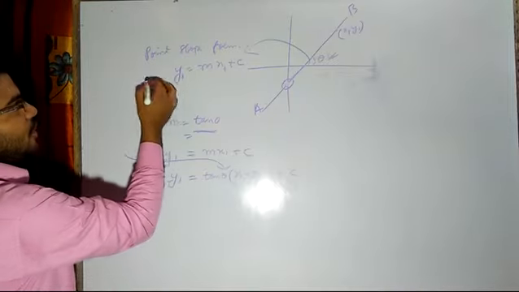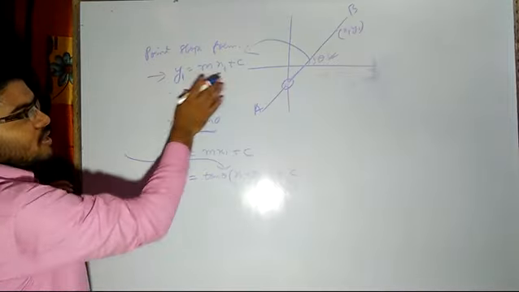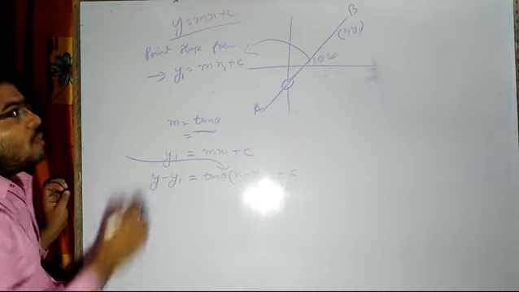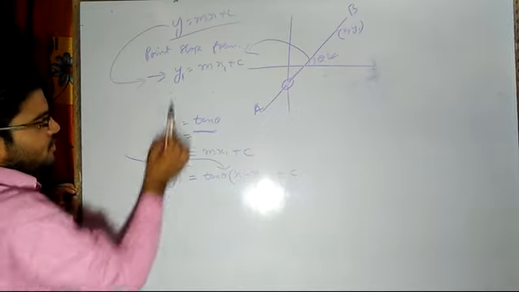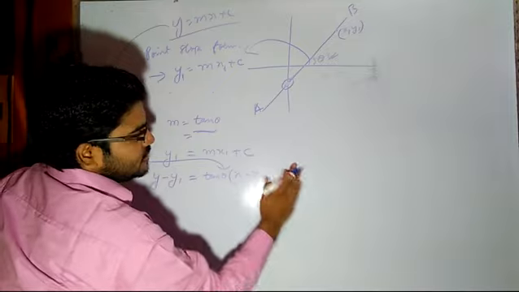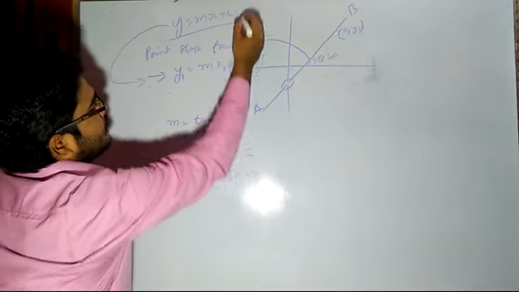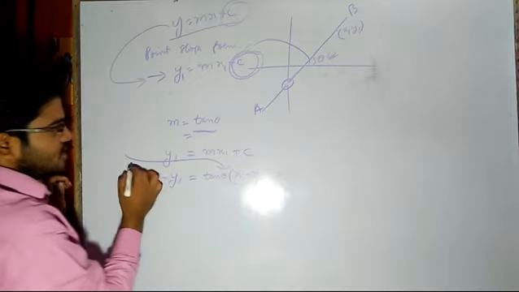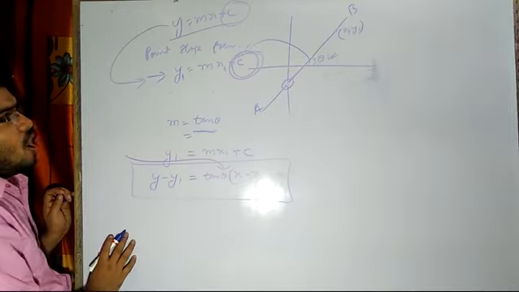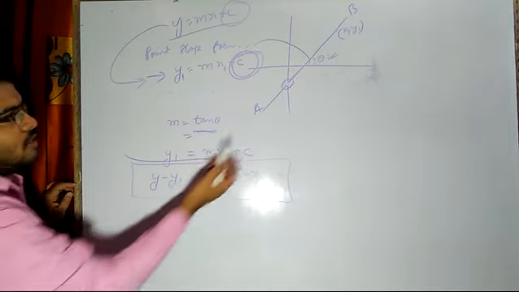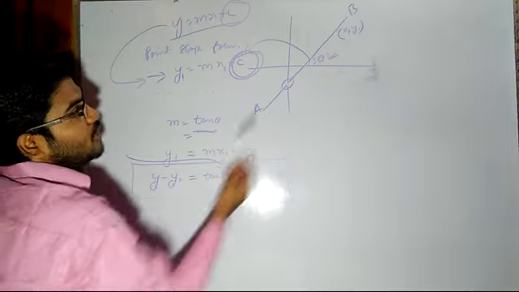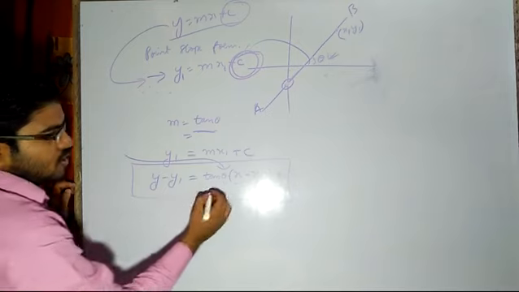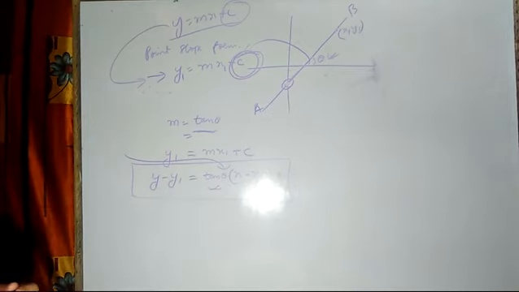Now this is my equation. This is my standard form, y is equal to mx plus c, which I have told you is in standard form. When I subtract this from this, I will get y minus y1, and then this c will be cancelled out, because here also I will be having c, here also I will be having c. So this c will be cancelled out, and then this is the equation of line in point slope form. We only have to put the value of y1, x1 here, and then the theta value, which means slope. So you will be substituting the value and then you will get the result.